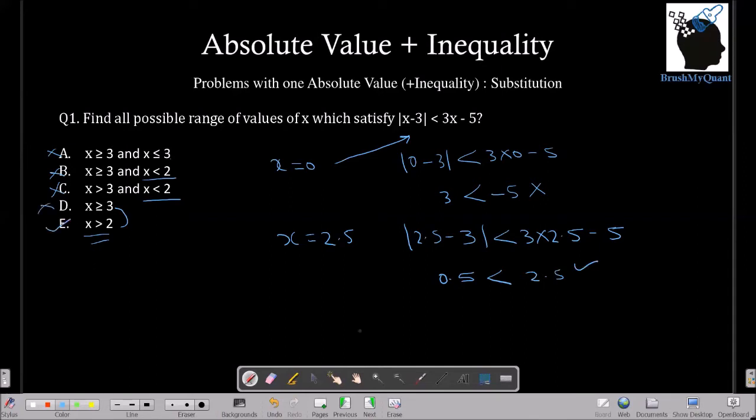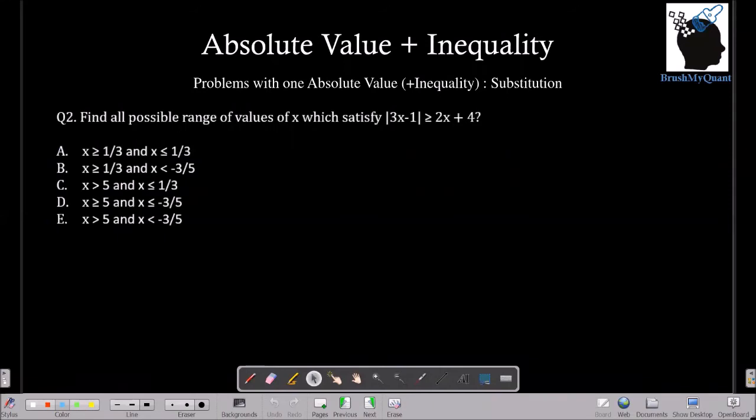So just to summarize, in case of substitution, you are supposed to pick smart numbers in such a way that you are able to eliminate a couple of option choices together. As you notice, we started by eliminating two of these together and we ended up eliminating this one also. And then we chose a number between 2 and 3 so that we can eliminate option number D or E depending on the answer choice. Let's try one more. You can pause the video and give it a shot.